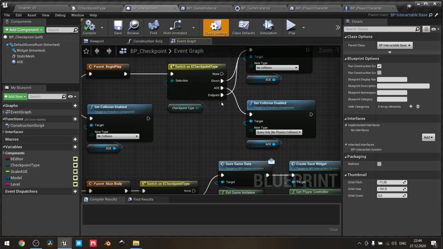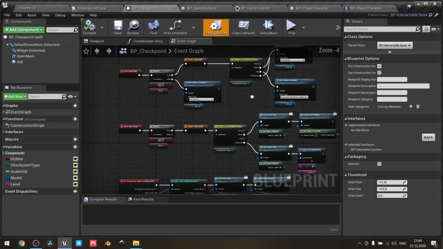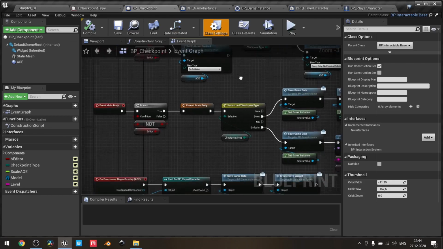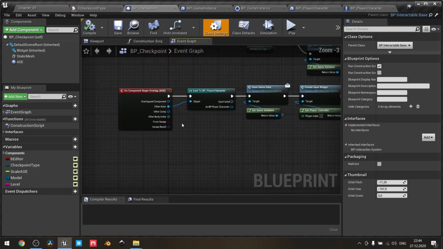It's the endpoint of our level. So, in case you don't want to recreate the interactable system, you can actually just go with this kind of